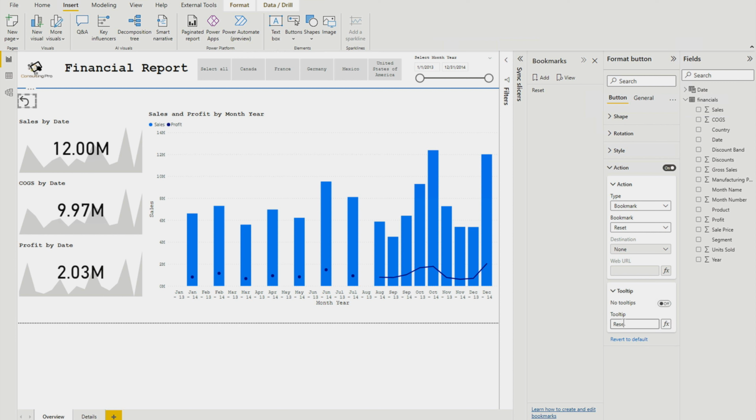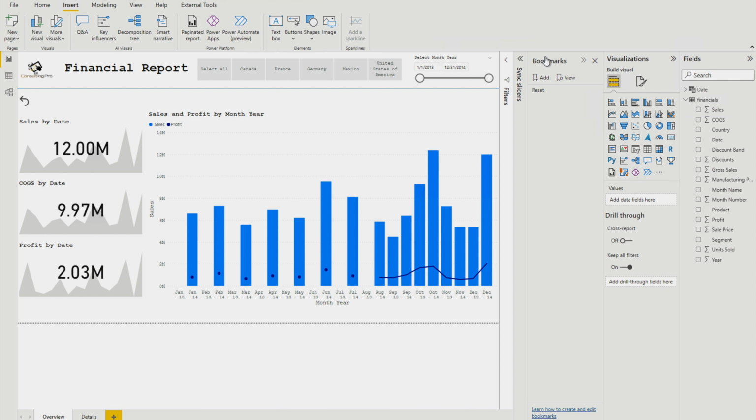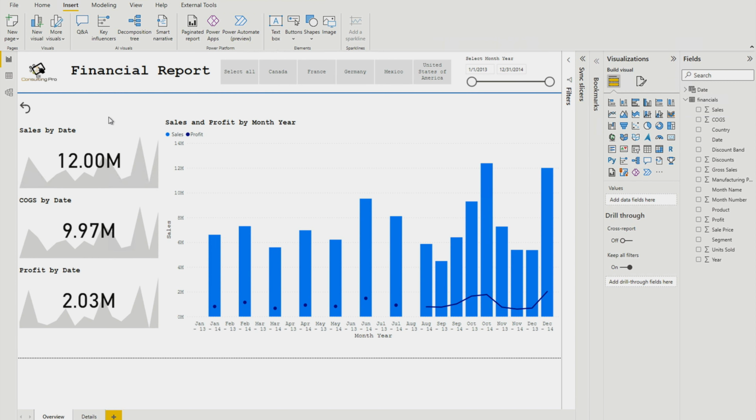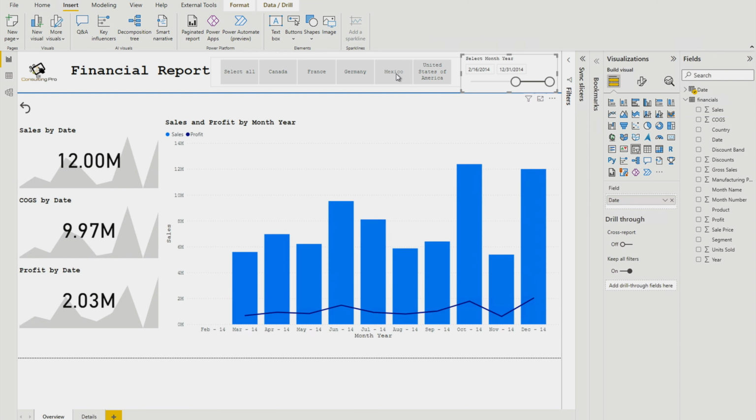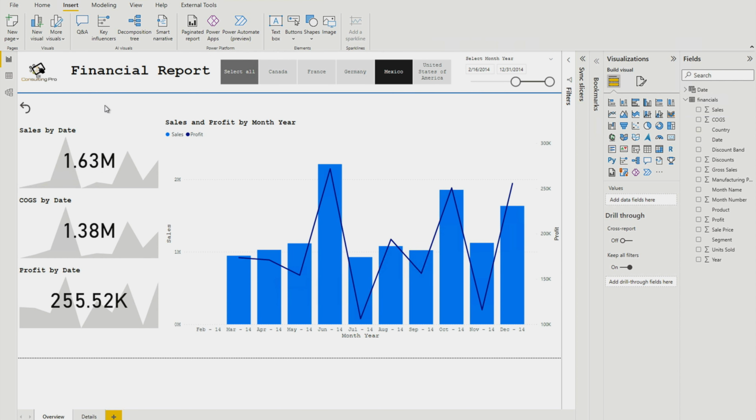For example, I'm going to say reset the page. So that's my tooltip over here. Now you can close this pane, we don't need it anymore. So we have done this. Now, in order to test whether this is going to work or not, you can just select this slicer, select Mexico, and now you would like to reset